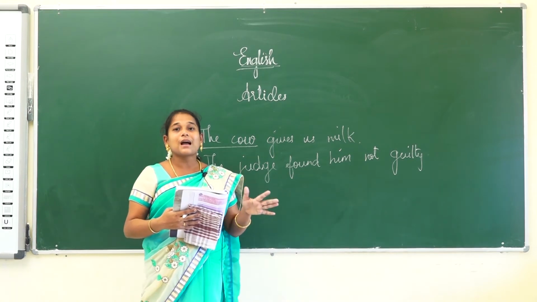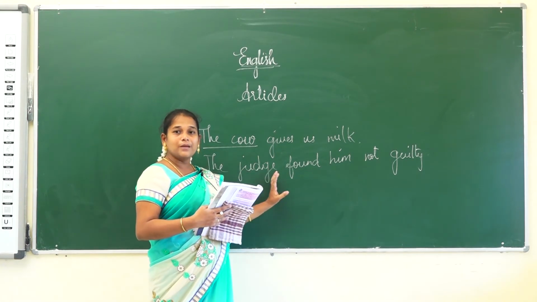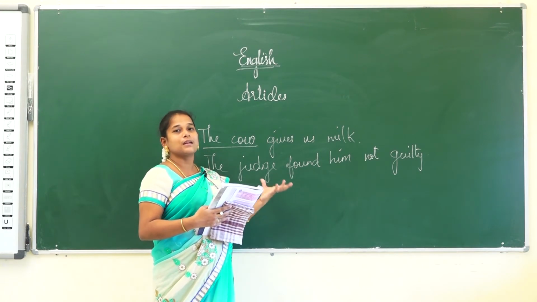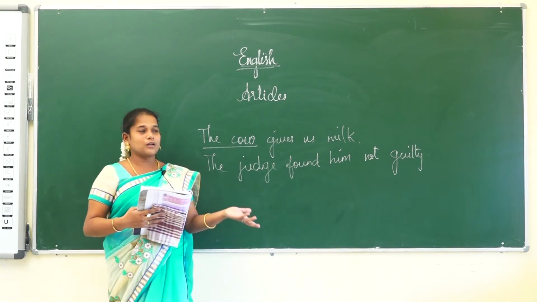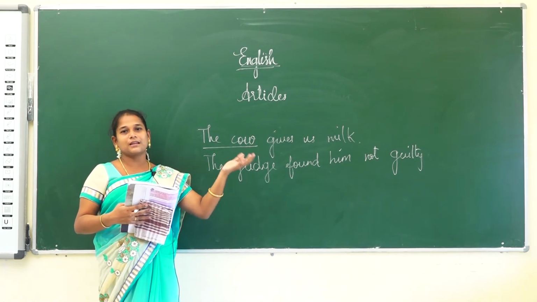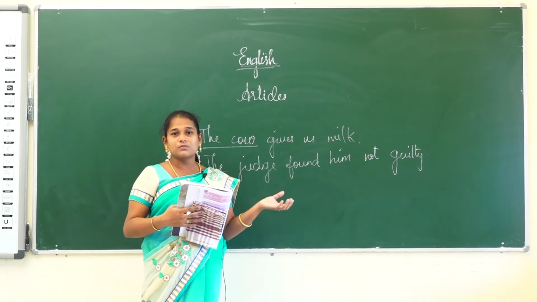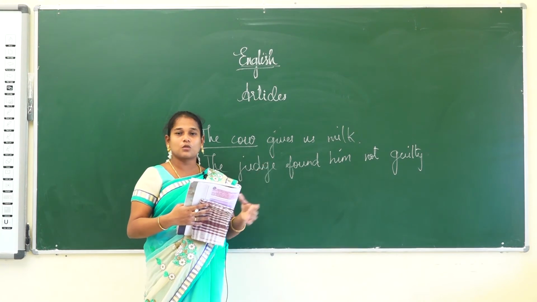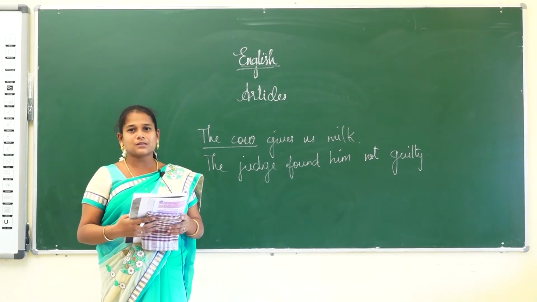Monuments means the Taj Mahal is considered to be a monument. It means a memorial. If you build something in memory of someone, that is called a monument. In memory of our Prime Minister, if you build some building, that is called a monument. Shah Jahan built the Taj Mahal for Mumtaz, in the memory of Mumtaz, so it is called a monument. So in front of monuments, buildings, landmarks,